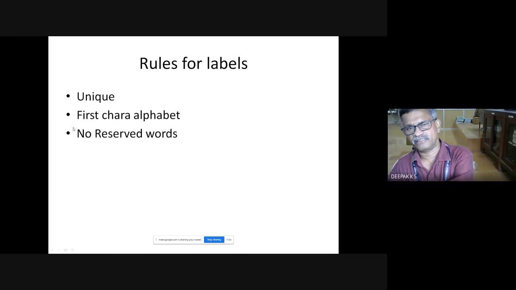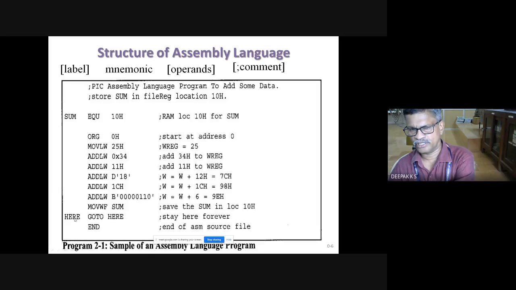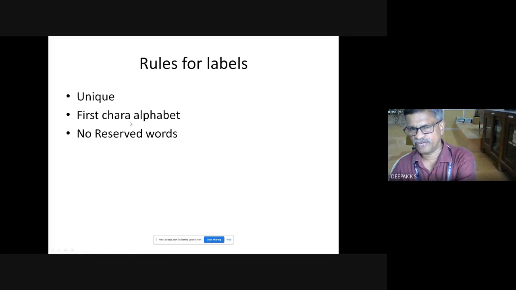Now for labels, the label should be unique. Labels are used for go-to statements or jump statements, branching instructions. So you should give a label, and the first character should be an alphabet, and we should not use reserved words like move and add as labels. Okay,